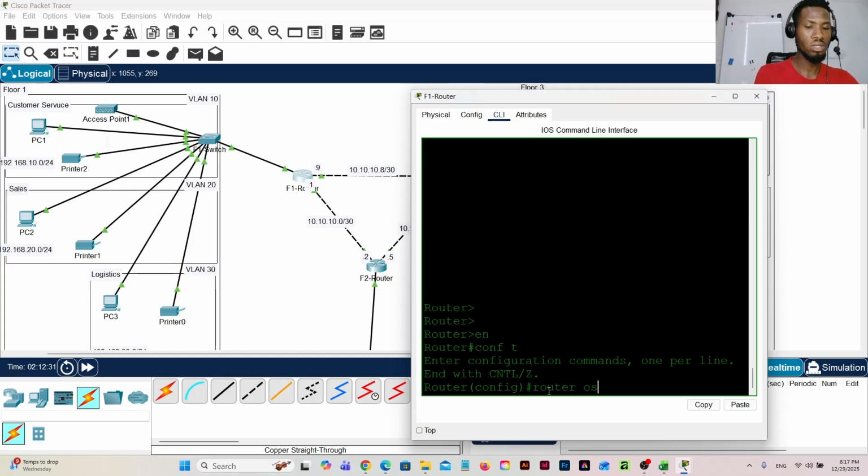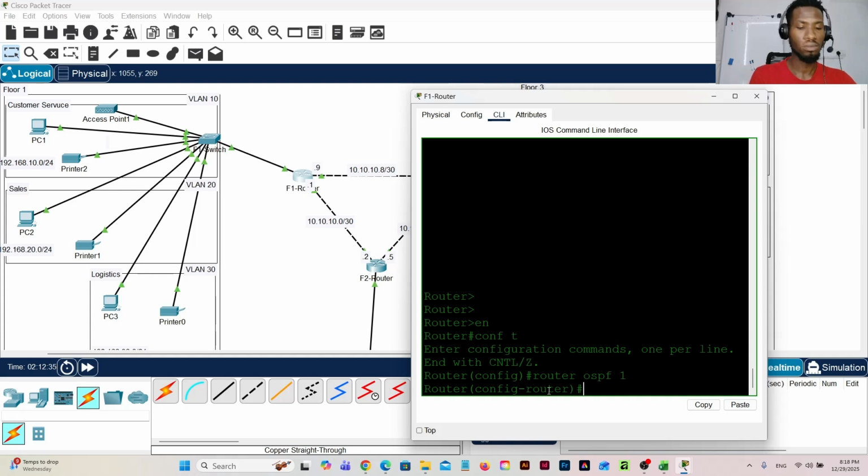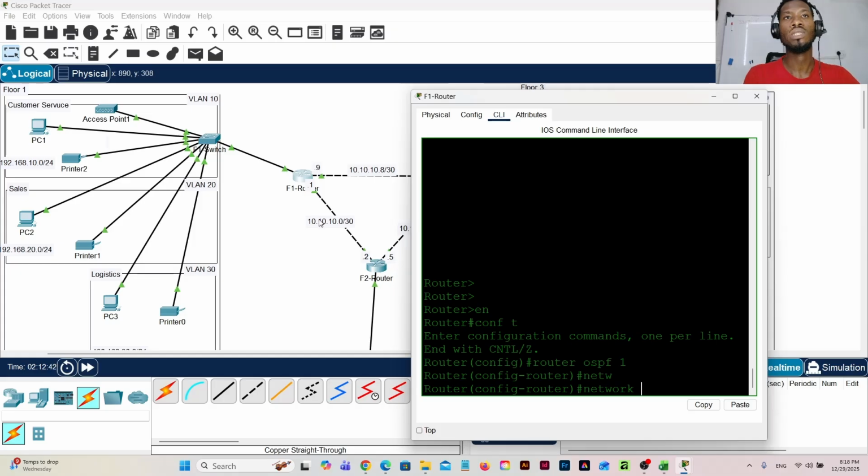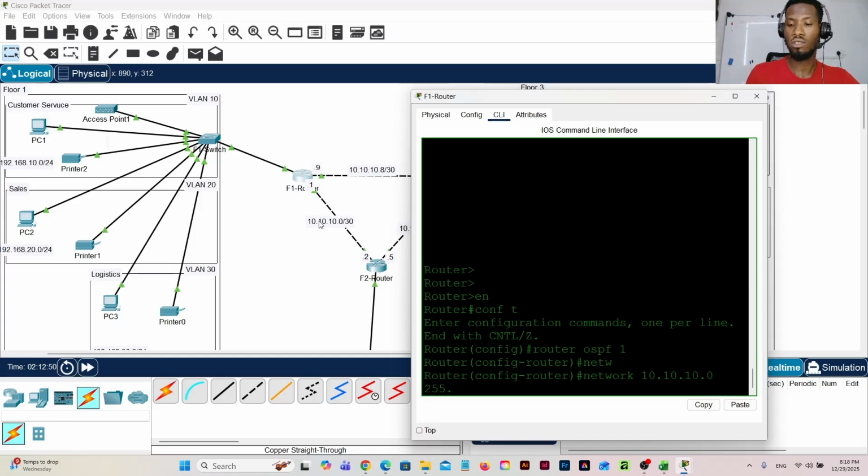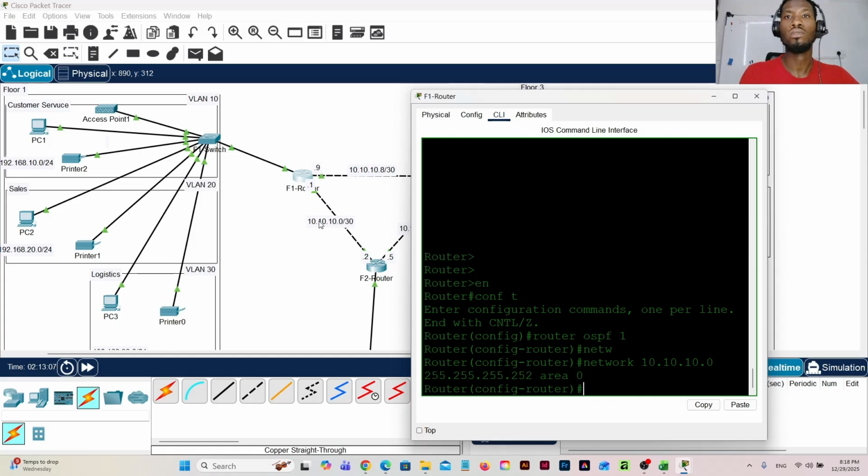Router OSPF 1. Network, let's use this one first. 10.10.10.0 255.255.255.252 area 0. Okay,